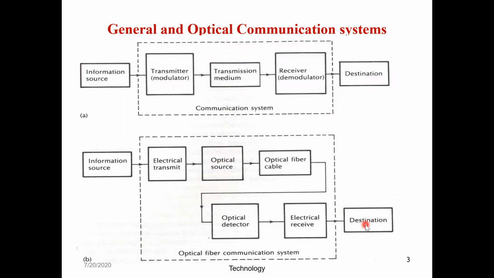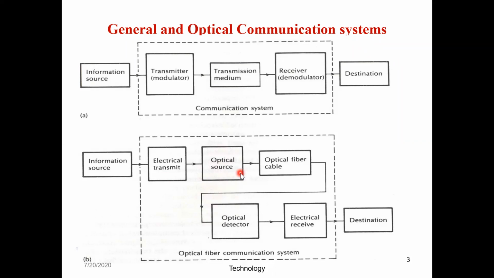Now, if you go with the block diagram in the Keiser book, there is a splicing circuit for the fiber optics. Also, they have drawn a thick line and connectors over here. Basically, we don't require all those things. The main point is that we are transmitting the signal in light form and we receive the signal in electrical form. Usually all our signals are in electrical form.